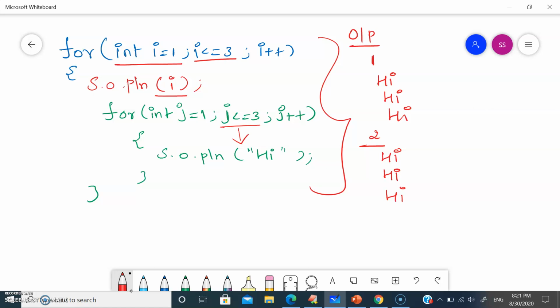Once the inner for loop condition fails, it goes to the outer for loop. Now i becomes 3. Again j is going to print hi, hi, hi. So this is how nested for loops work.